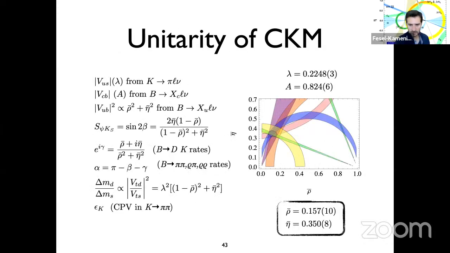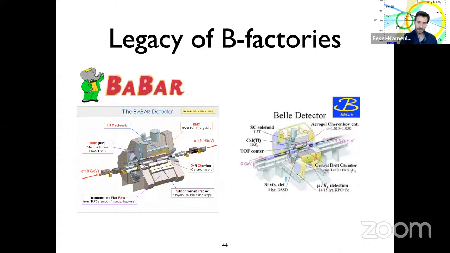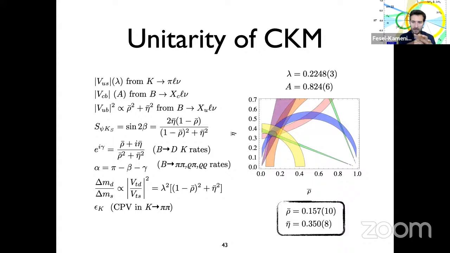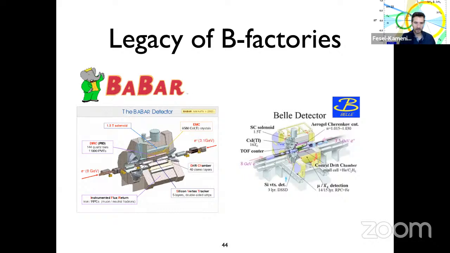Right. So this is all the constraints. Yes. So the establishing of this CKM paradigm of flavor in the standard model is basically one of the main legacies of the so-called B factories, which were operating in the early 2000s, and they helped establish this picture. So to really understand the progress of our understanding of flavor, which was due to these measurements done by B factories,